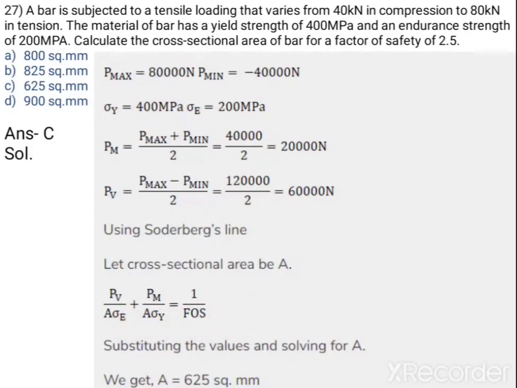So here we can use this relationship and we can easily put the values here, and you will get the cross sectional area is 875 mm square. Just check that, getting the cross sectional area as 875 mm square. That is not in the options here. You can check whether it is 875 mm square or 625 mm square, and please do comment in the comment box. Okay, I think area A is equal to 875 mm square.